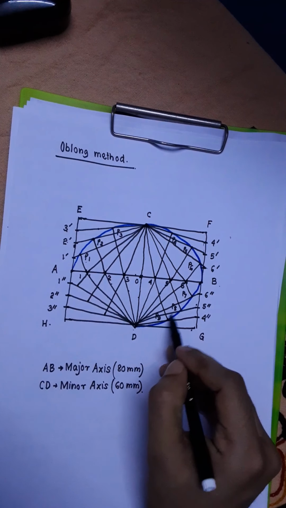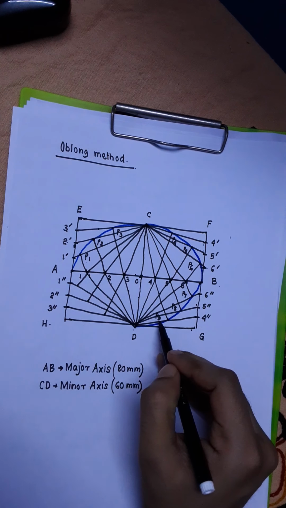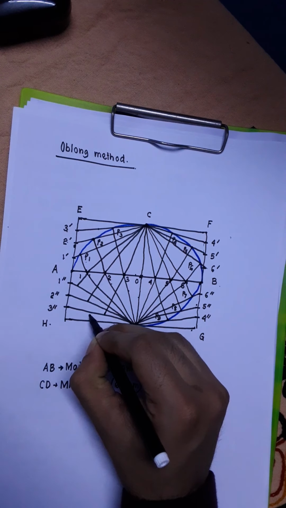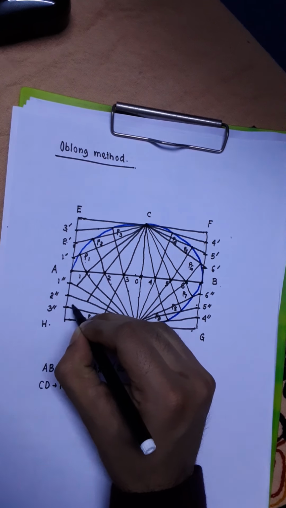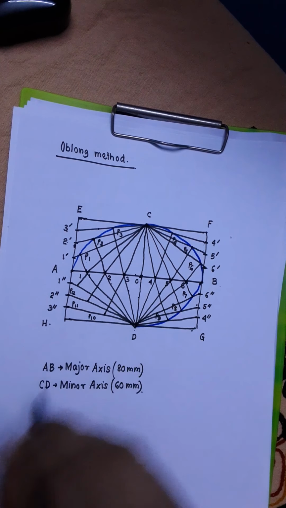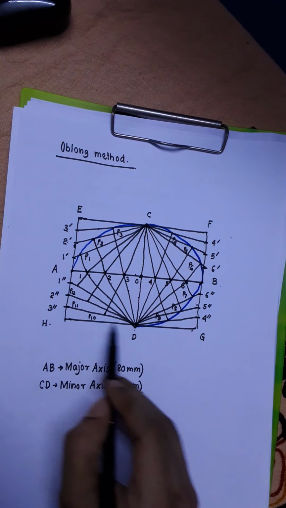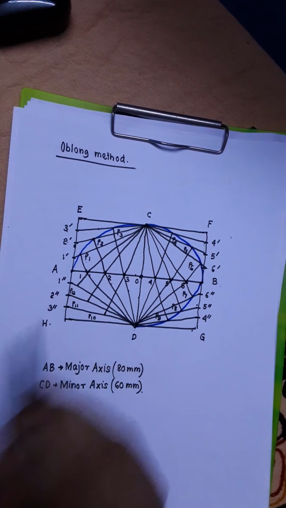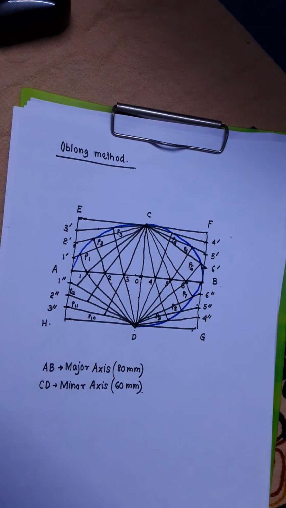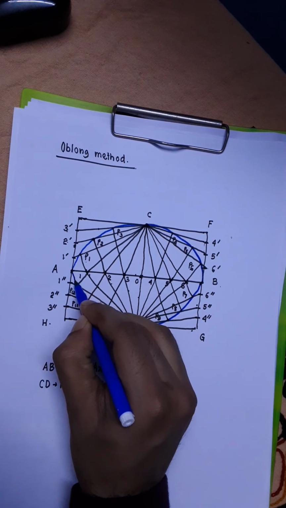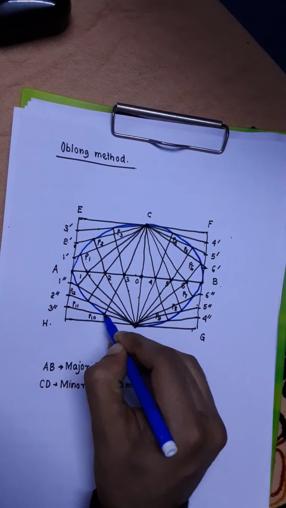And as far as the numbering is concerned, you have numbered up to P9. So this one you call as P10, this one you call as P11, and this one you call as P12. So again you have got 5 points to join: D, A, P10, P11, P12. So all these 5 points are going to lie on the ellipse. Join them with the help of a French curve to complete the ellipse.